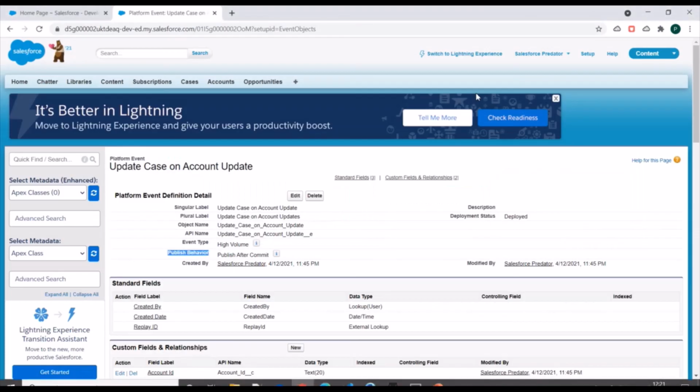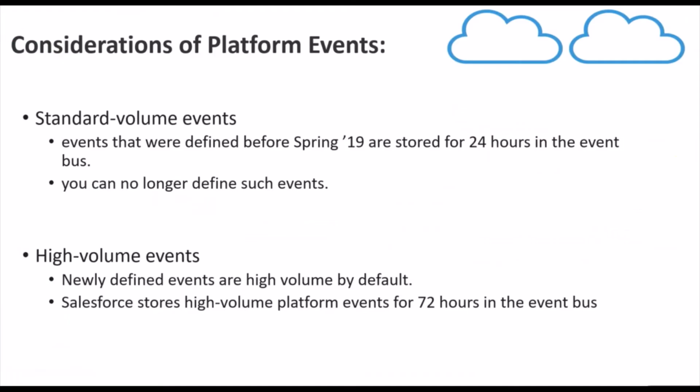Also, while creating a platform event, we noticed this event type, right? There are two types of events: standard volume events and high volume events. Standard volume events were the events defined before Spring 19, and these used to stay in the event bus for 24 hours.